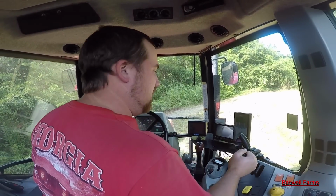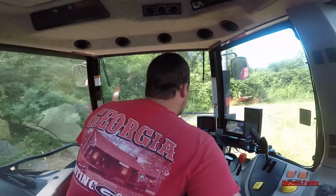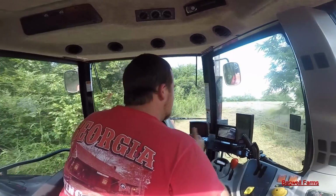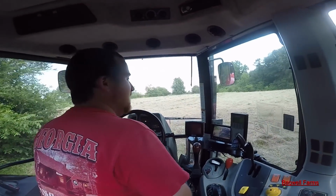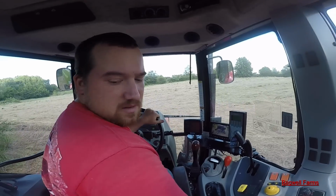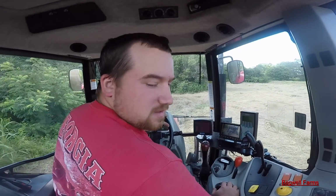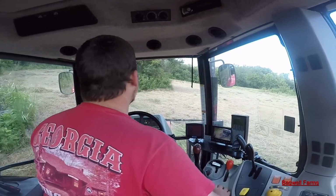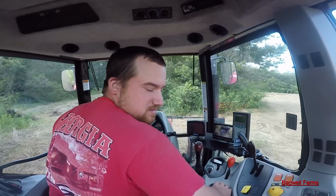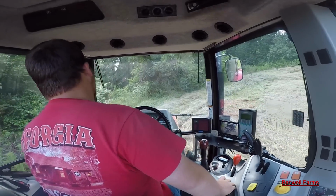The kit that I got is working perfect right now. It has been ever since, well, really since I started until I got that roller adjusted right, which didn't have nothing to do with the kit. I just set everything back to the way the spec said it was supposed to be. But like I said, with these bigger rolls, you have to have that crimp roller a little bit tighter than the spec calls for to get it to turn them. Once I adjusted it back kind of the way I had it before, I'm not as aggressive as I was, but